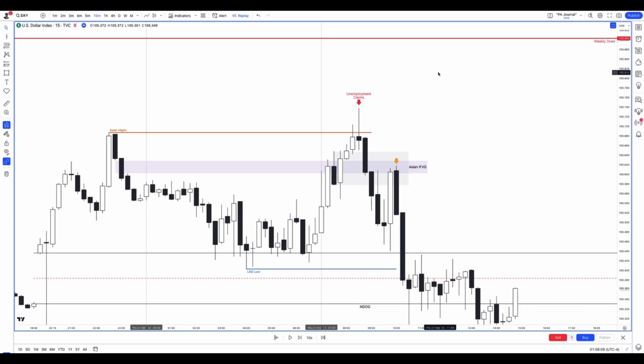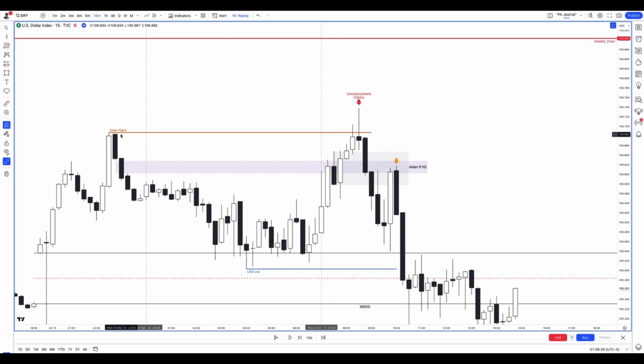So what type of mitigation block is this? Well, we have a low, high, low, low, so that would be a breaker. So this order block which failed, I'm now looking for it to be turned into mitigation to mitigate these longs. I took out this high. In order to do that,